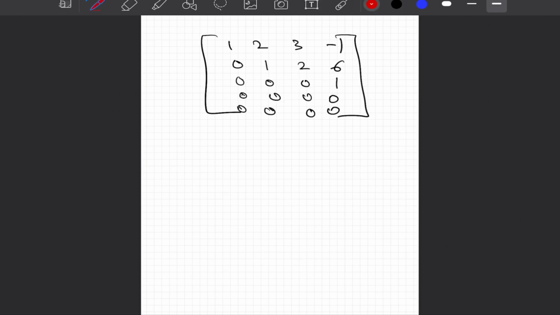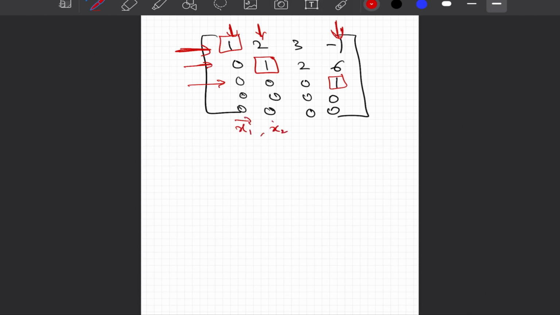Now the next task is to identify which are the pivot rows and pivot columns. If you look here, this is of course our pivot row, first element non-zero and equal to 1, and we select this and say that this is our first pivot column. Now we move here, this is our pivot row as 1 is there, and we say that this is our pivot column. Finally, this is our pivot row, and the pivot element corresponds to the last column, and hence this column would be our pivot column.